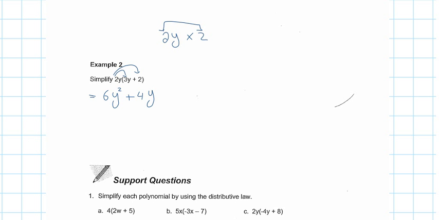I can write this as 2y times 3y plus 2y times 2. So what happened here? 2 times 3, that's 6y squared plus 4y. Okay? You okay with that? All right. So here's some